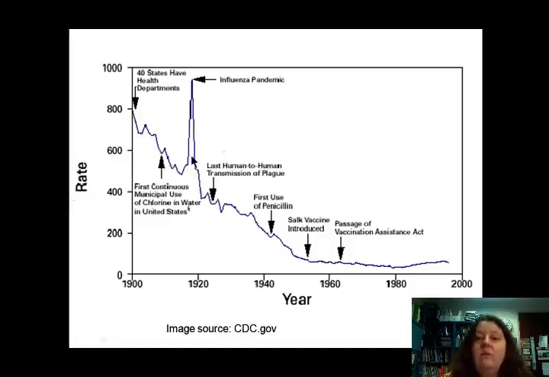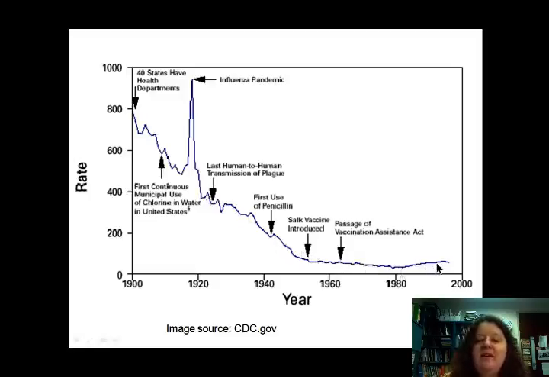But then when that pandemic was over, right, we see that infectious disease continues to come down. First use of penicillin here in the 40s. Ooh, we keep getting a better handle on infectious disease, right? Then we get vaccines. Vaccines are taking that down more. We get the Vaccination Assistance Act to help people who are low income get their vaccines. Remember in the 60s, that Surgeon General who said, we've won the war on infectious disease? Yeah, well, look at all this progress. No wonder he thought that.